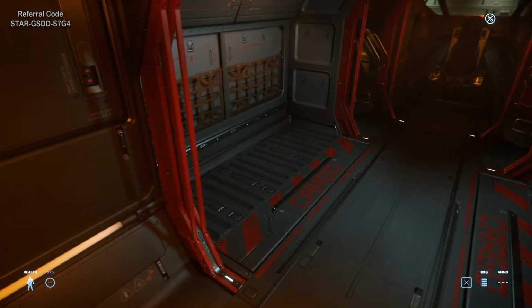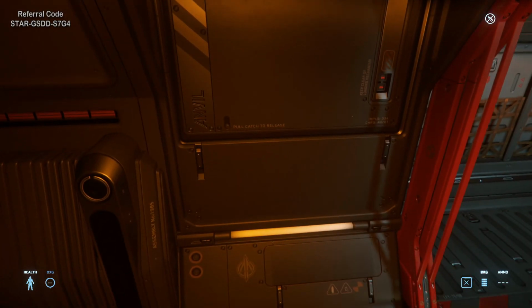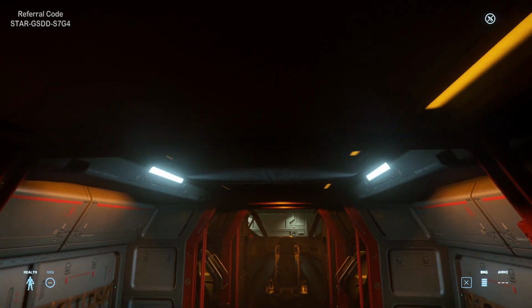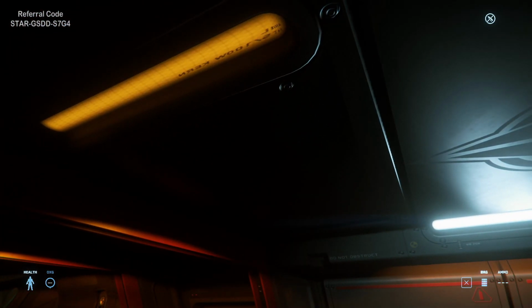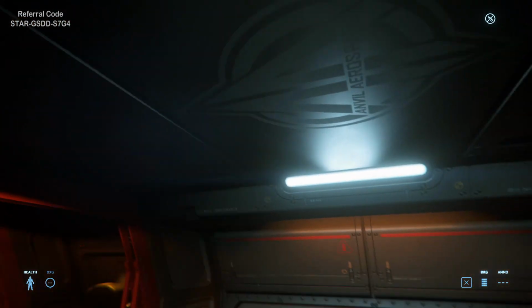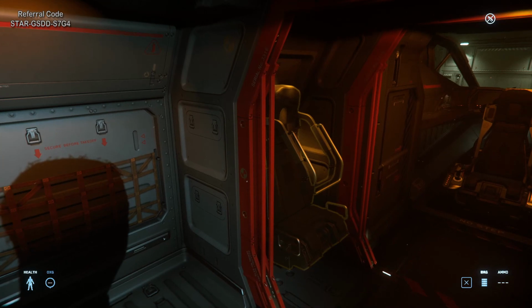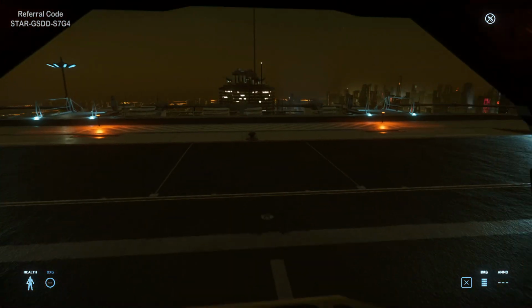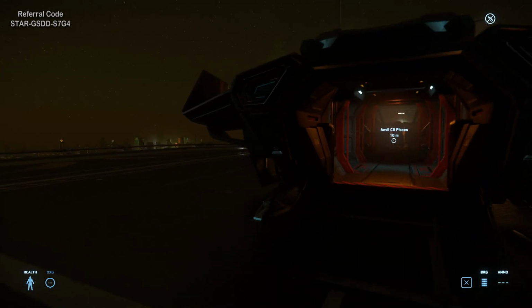I'm just looking to see if we can see a label for where it goes. We can't. Generally, I've found that jump drives fit in the roof as well. They don't tend to fit in side cupboards. So, there we are. A little extra from me,